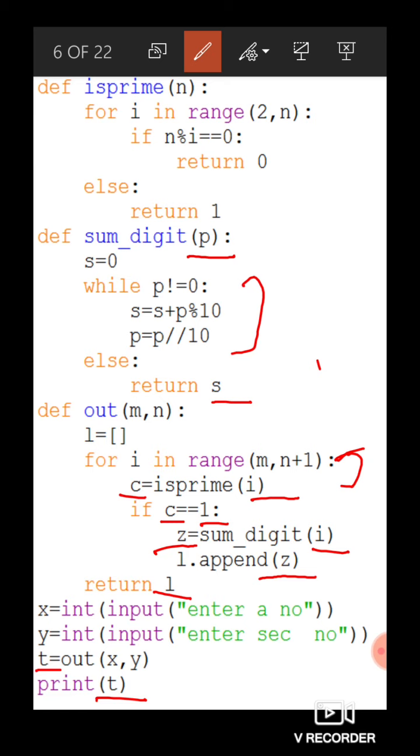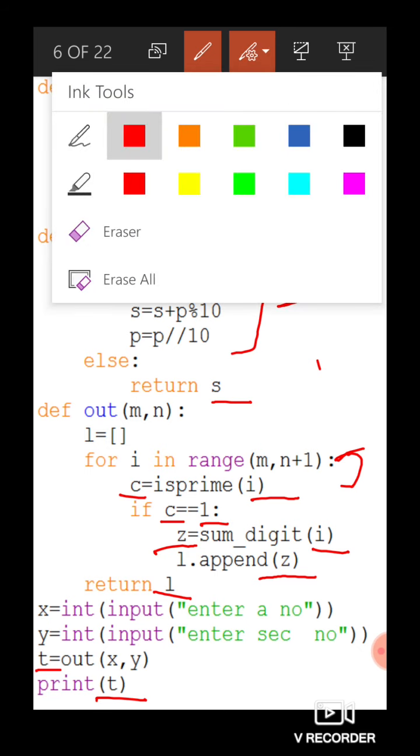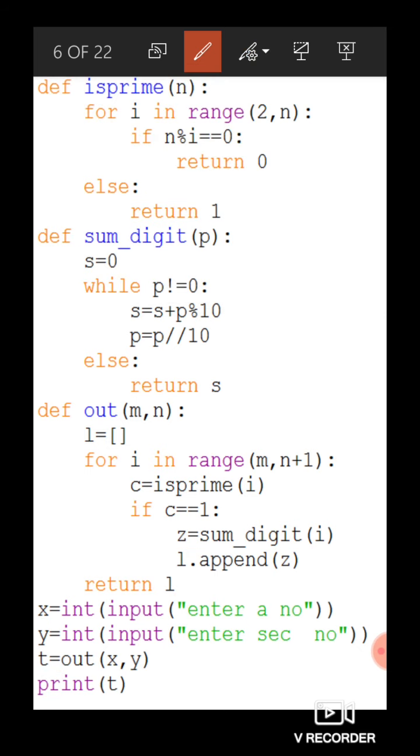See here what we have done for taking out the sum of digits of this number. First of all, I have done P modulus 10, which will take out the last digit from the number P and it will get added to S. The initial value of S is 0. So, the last digit got added. After this, you will again perform modulus 10 over P, and then the second last digit will be extracted and it will be added to S.